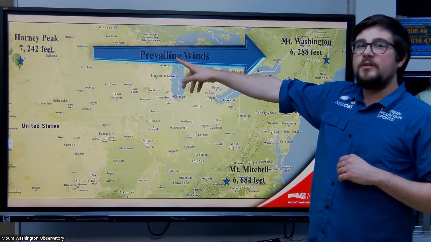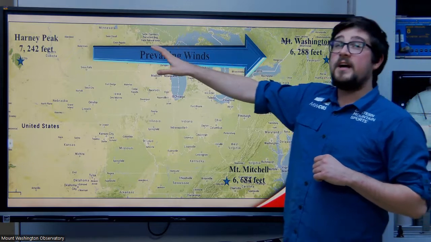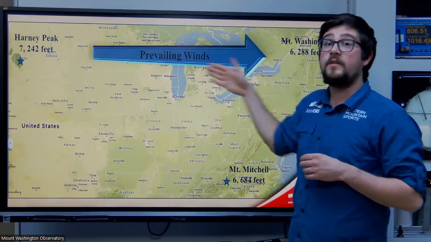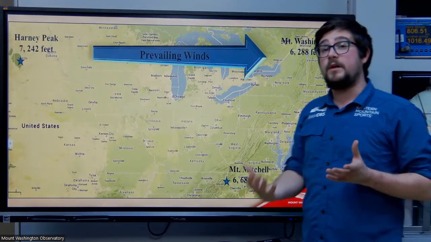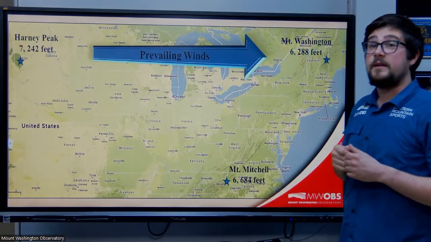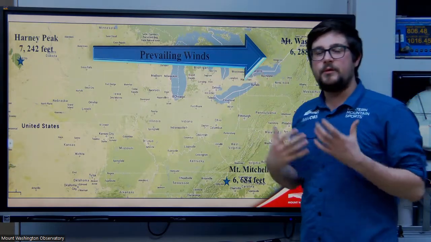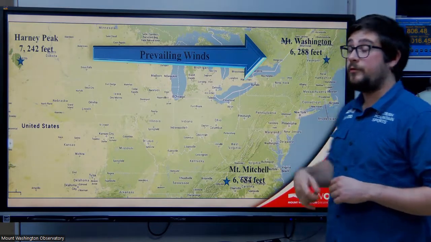But what I want to bring your attention to are these prevailing winds. These are winds that are the most common direction for winds to come from. Typically west to east. That's sort of the name of the game in the northern hemisphere at our latitude here in the United States, and so there's nothing really to slow those winds down for 1,000 miles. So they get plenty of time to accelerate and hit us with their full force.